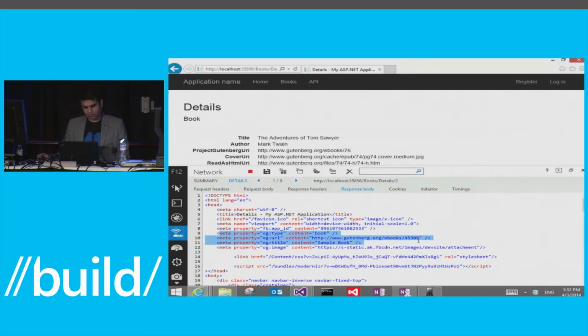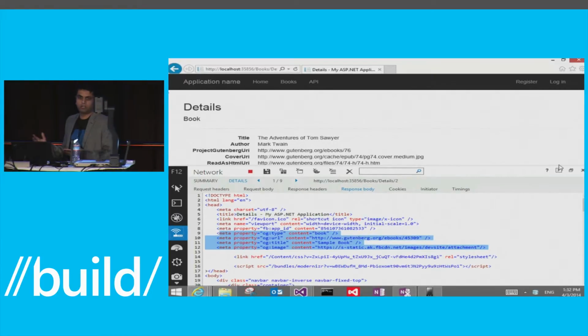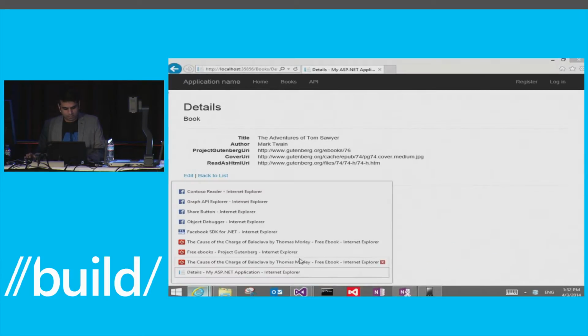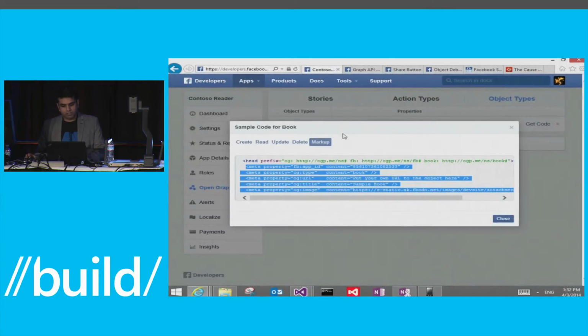Right, these are just the Open Graph meta tags that were created, and you can inspect them. Obviously, if I now deploy this to Azure, I can use the Facebook Open Graph just similarly to how I use Project Gutenberg. I can use the Open Graph debugger tool to inspect that. Okay, so I also wanted to show you guys a little bit of how you actually use these